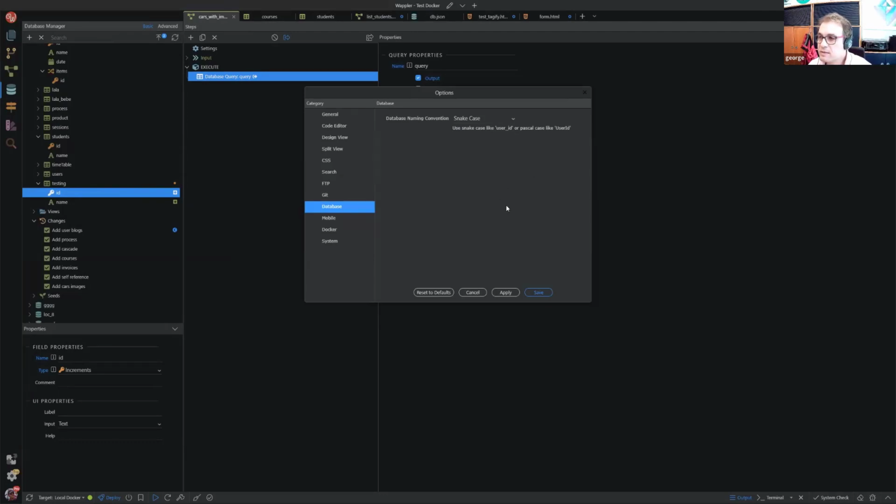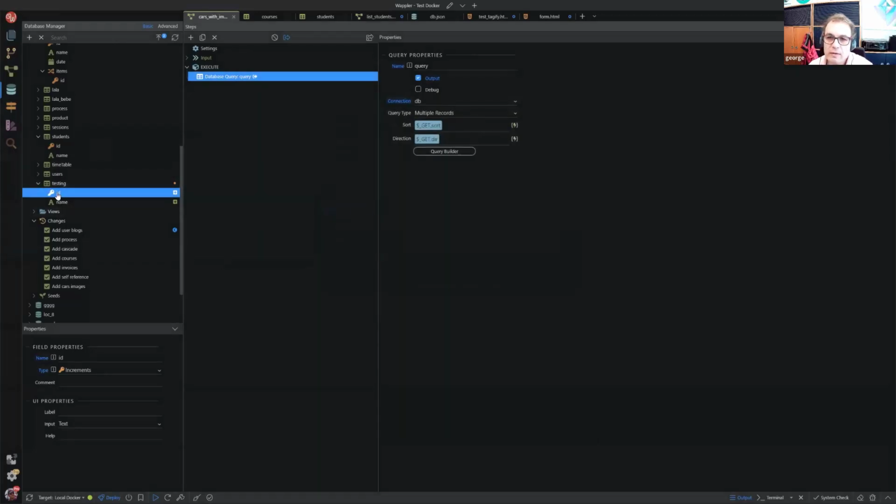But in some databases, people prefer really to use uppercase to separate the words. So if you choose to use Pascal case, it will all start with uppercase and then other. But yeah, it's about your personal preferences, and also maybe you're using a third-party database that already has some convention in it, so you can change the Wappler preference. We don't have a preference option yet, indeed, for the ID. If you want to prefix it with the table name,